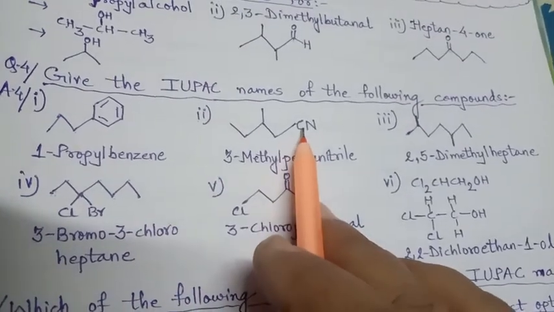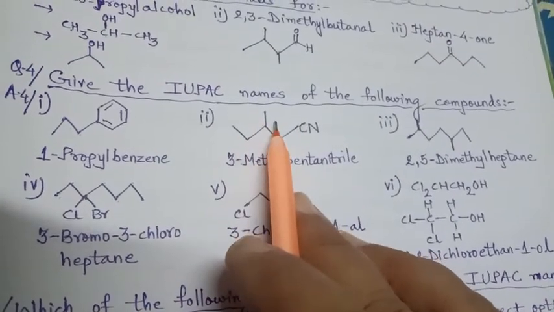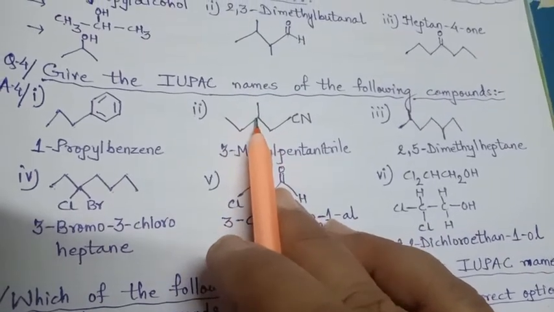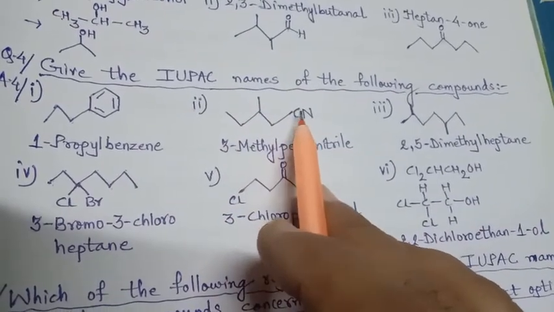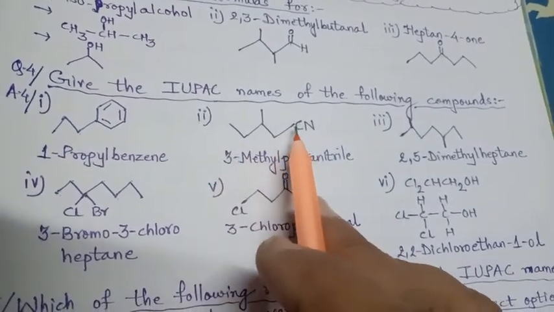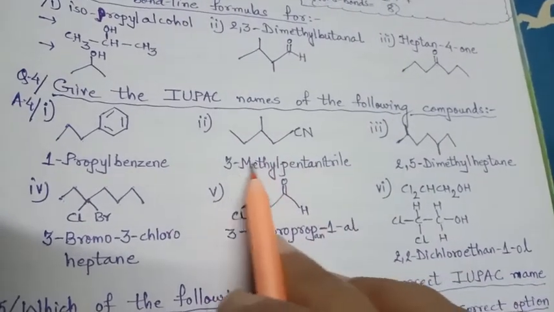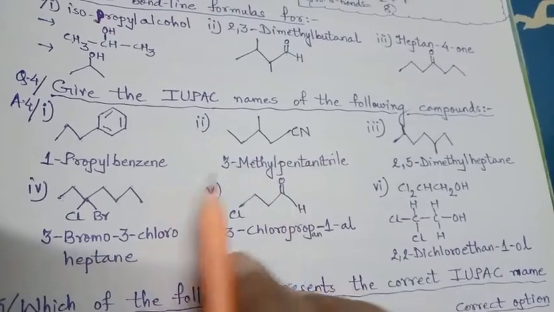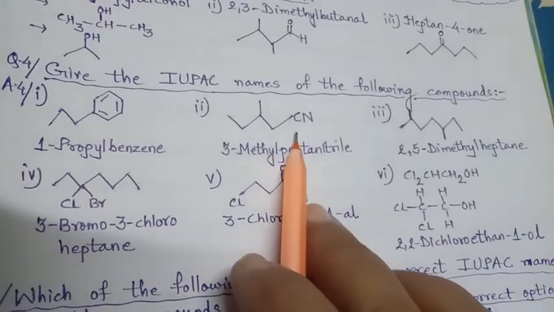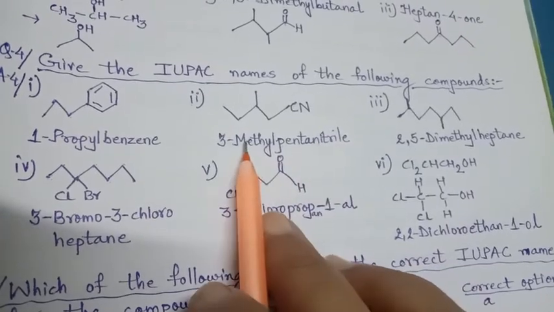It is also a terminal group, so it is on the terminal side. And if an alkyl group is there, then here alkyl is not considered as a group. It is just a side chain substituent. So numbering will be from the cyano. So 1, 2, 3, 4, 5, right? So it will be 3-methyl pentane nitrile or 3-methyl pentane 1-nitrile. That is also correct. But once again I am telling you, on the first position if a functional group is there and we are not mentioning the number, then also it is correct.